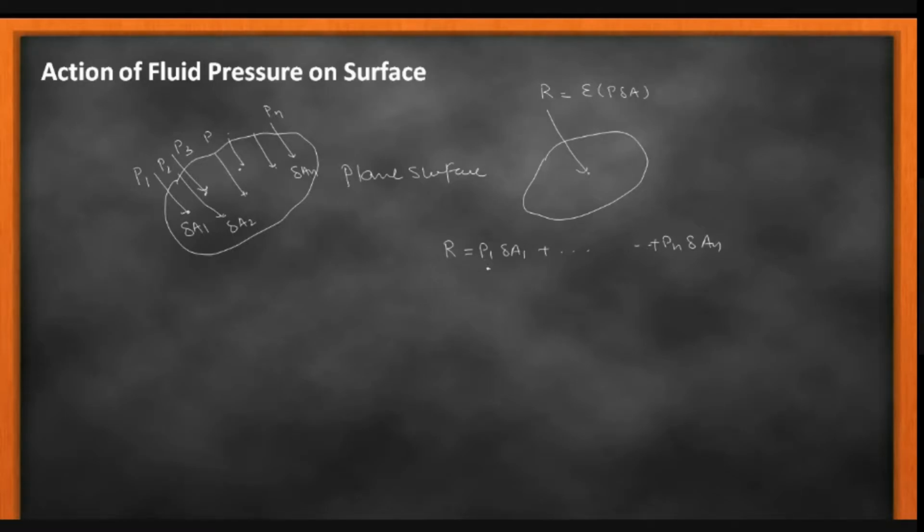So this is the force at point, or on the area dA1, dA2, dA3, likewise, and R is the resultant force of all that, which is acting over here. If I'm taking the curved surface, suppose this is my curved surface, some of the forces are acting, or the pressure is acting at different points. But now the condition is that these forces are not parallel, and we cannot directly resolve these forces.